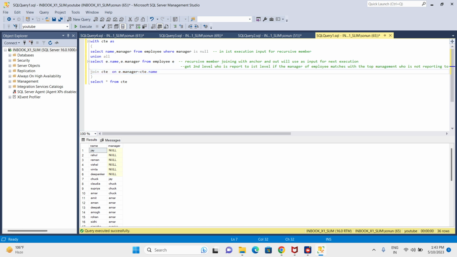We can see in the query, employee dot manager is equal to CTE dot name. CTE means this query. So I just want to get the employees who are reporting to the top level of management. So in the first execution, I will have the top level of employees plus the next level of employees. So I will have two outputs, and then in the next recursion, the second level of output that I get through the recursive member will work as an input